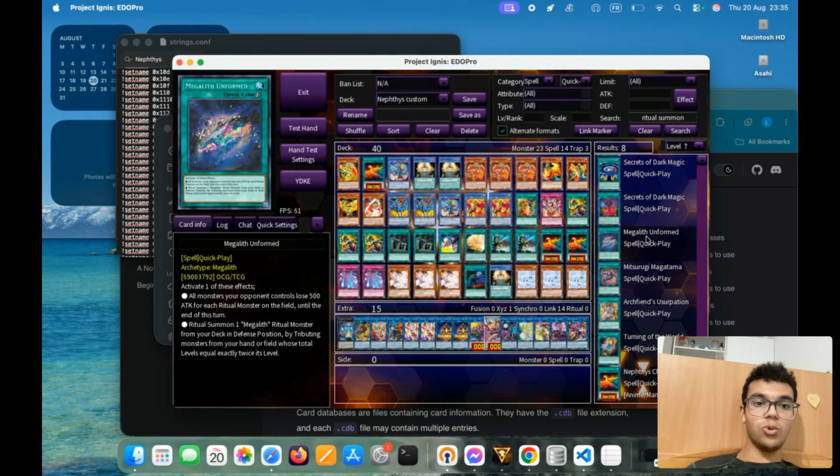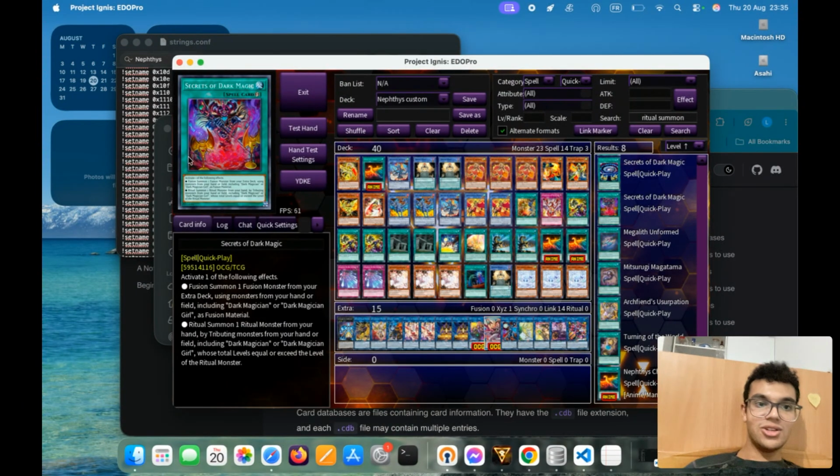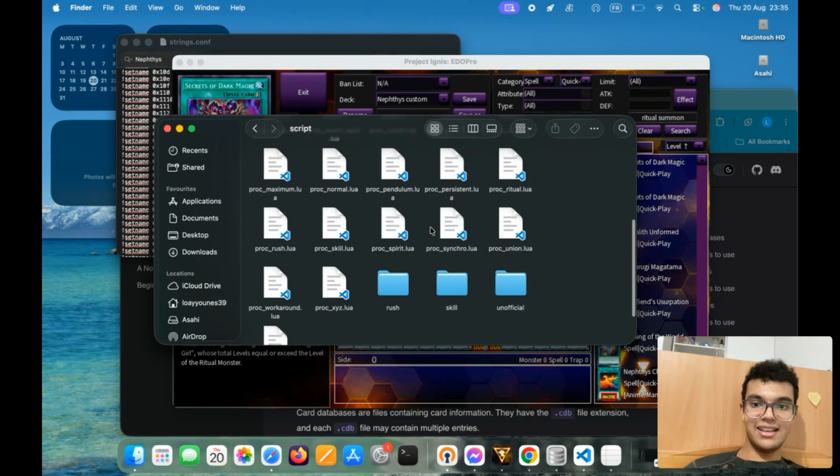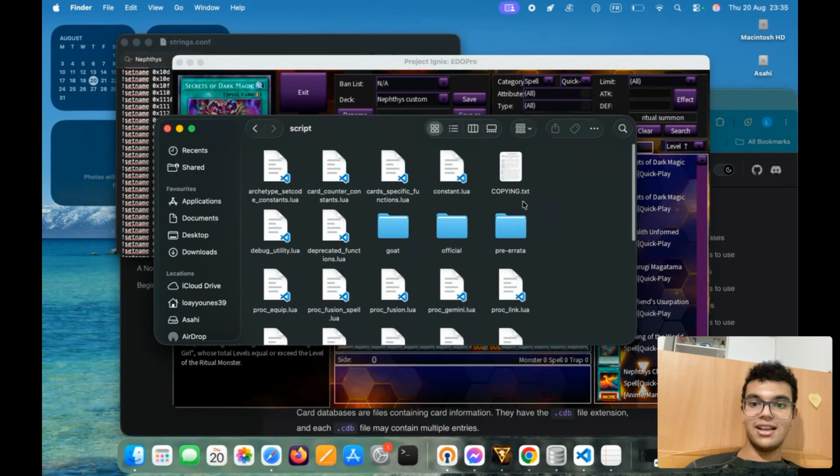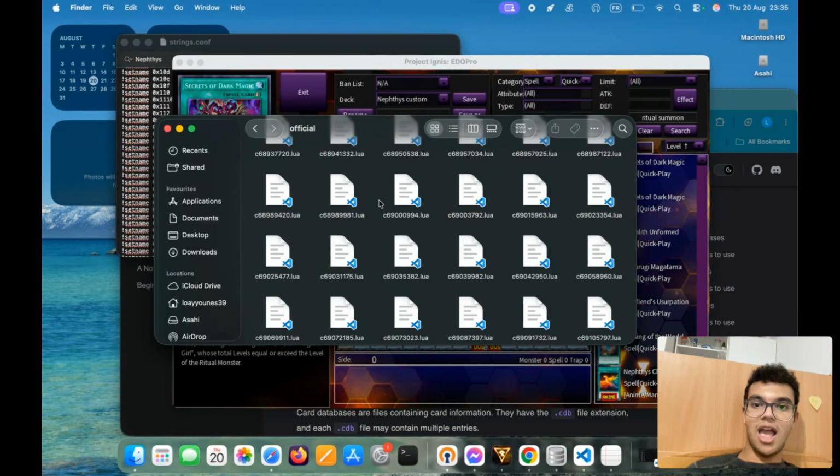I looked for its code. It's 6990. So I looked for this code in unofficial. No, it's not in unofficial. Basically, it's in official. I looked for this number. Then I copied this script